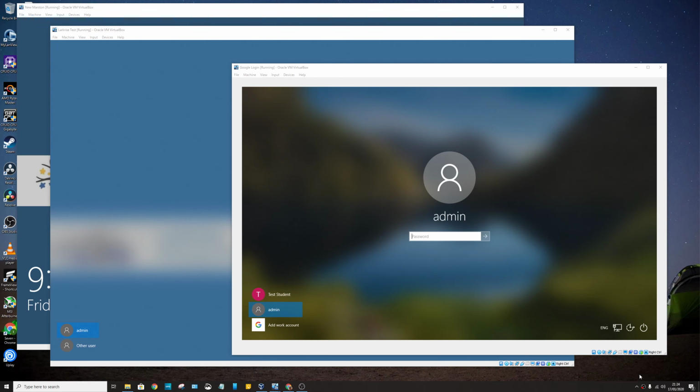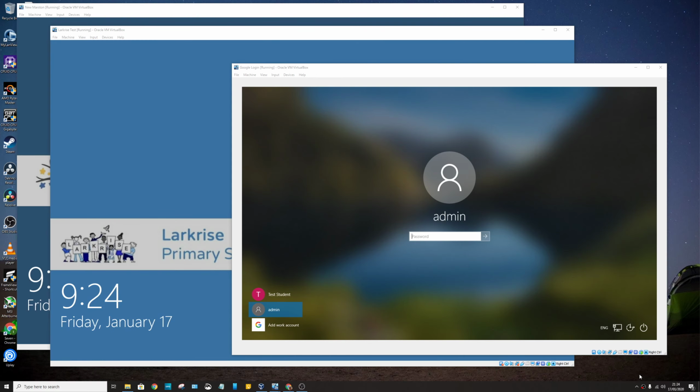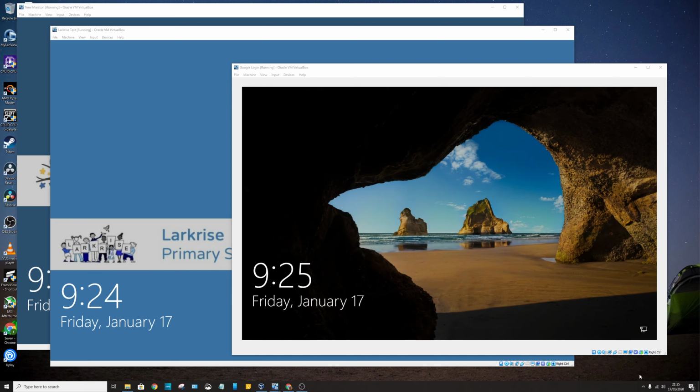Today Google launched into beta the ability to manage Windows devices and allow you to sign into Windows devices with a G Suite account or a Google Identity account, and then give you single sign-on into Chrome. And this has raised a degree of interest, so I thought I'd just illustrate what it can and what it cannot do at the moment. The first thing I would flag up is that you do not need any special tools